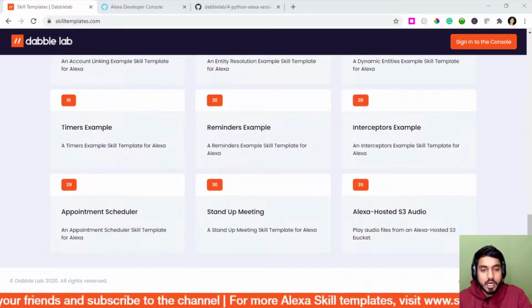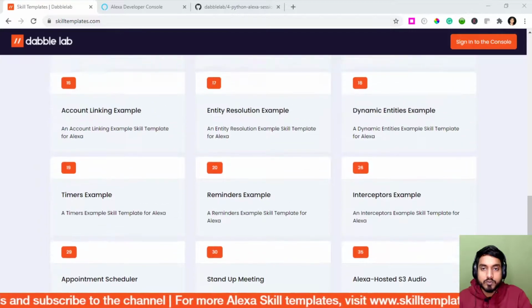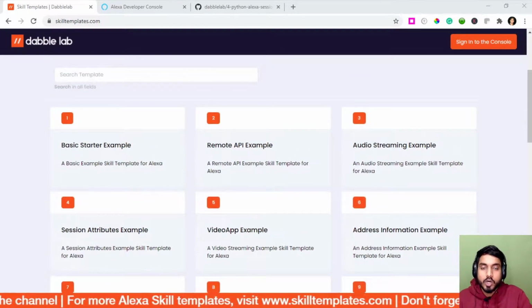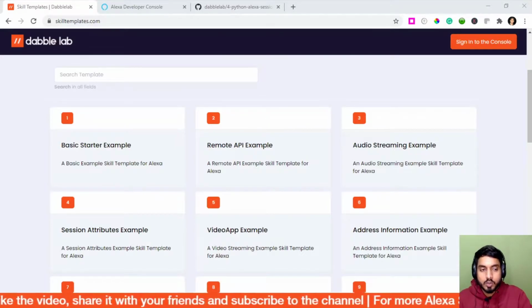These templates are basically plug and play pieces of software, which you can deploy to your account with just a few clicks. There is no payment involved, and all of these templates are totally free. So all you need to do is click on any of the templates that you like, log in with your Amazon account, and click on next to deploy that to your own Amazon account.